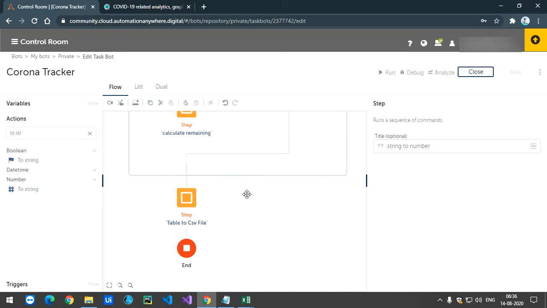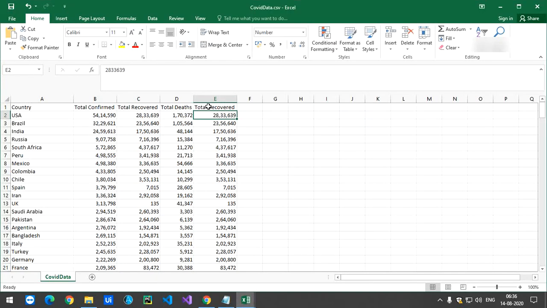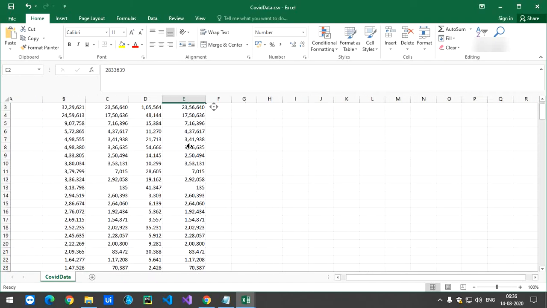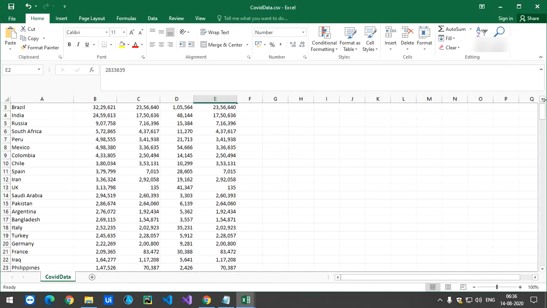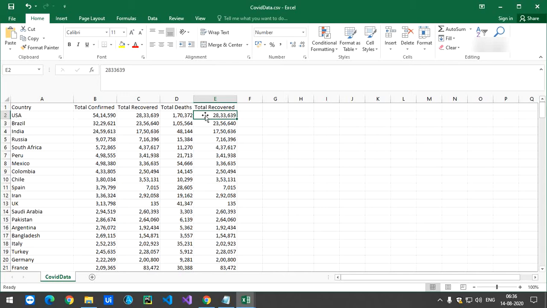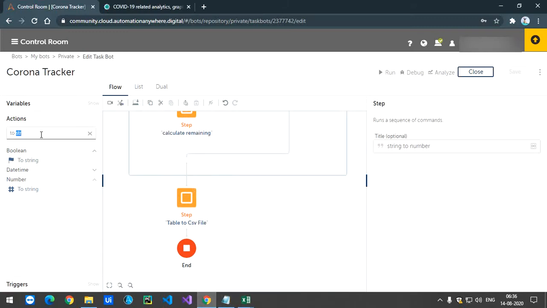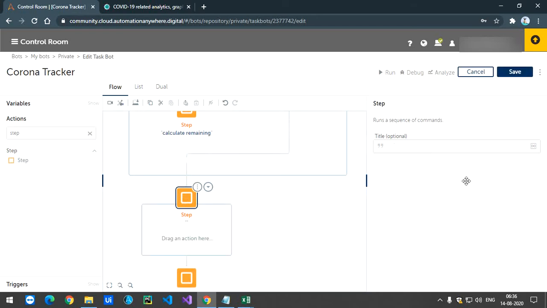Now we need to add or update this column. First we are going to update this name here. Total record will be replaced with remaining, and then all the numbers will be placed here. So I'll add one last step here, which is to update the last column.